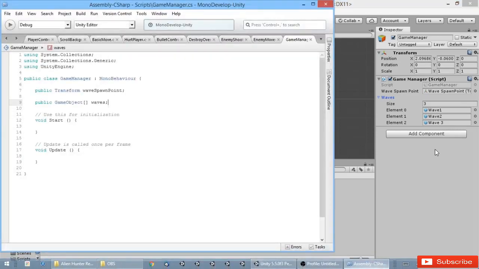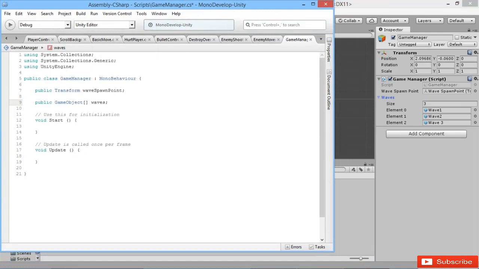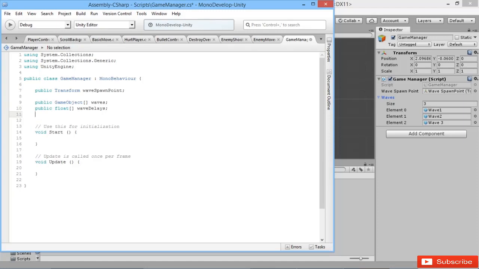So to do that, we're going to go back into our script, and this time we're going to create a public float array that we'll call wave delays, and that'll be what we use to count down how much time we have left until the next wave. We also want to know if at this point in time we want to actually be loading waves into our game. So we're going to use a public bool for that. So we'll say public bool spawning